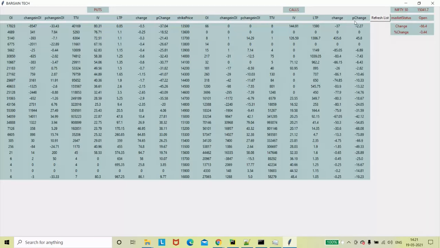So what I have done, I have made a refresh button here, and you can just refresh this and the new data will come. It will connect to the NSE website and fetch the data of this many options. So the point is, if you're trading intraday, you need to check just a few of the strikes.